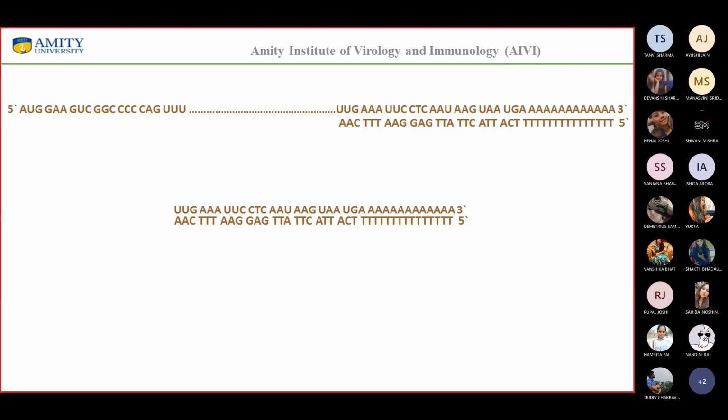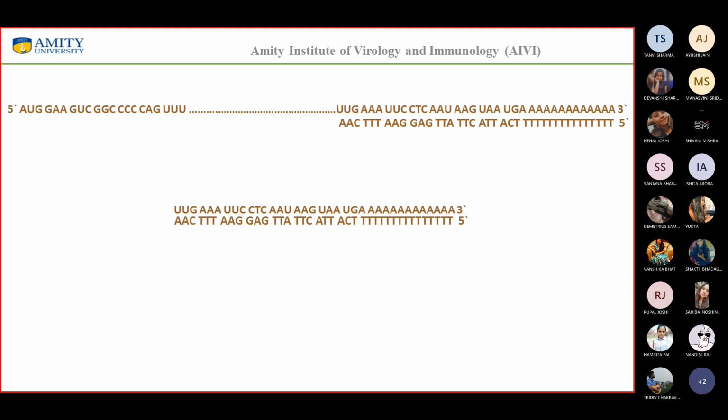Okay, somebody did this, introduced a double-stranded RNA, and found out that it could be RNA or DNA. It doesn't matter. All it needs is to be complementary to the messenger RNA, right? So they found out that this resulted in what is called PTGS, or post-transcriptional gene silencing. Post-transcriptional, okay? So this is something that happens after the transcription.